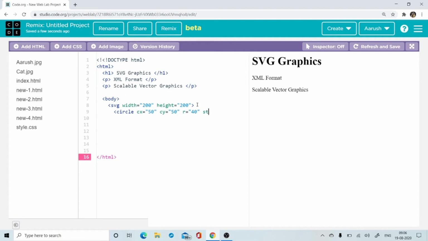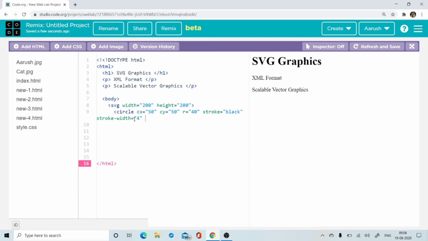And let me put the stroke right there. So which stroke do you need? Suppose let's take the stroke as black. So what do you mean by stroke? The border line, or which color you want. That's what we are trying to take here. Then we'll say stroke-width, equal to, say, 4.